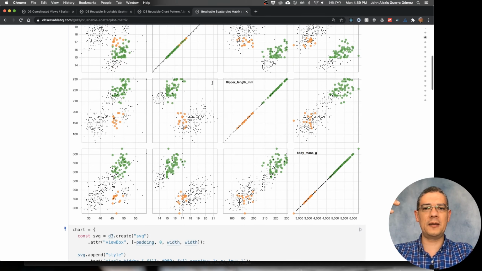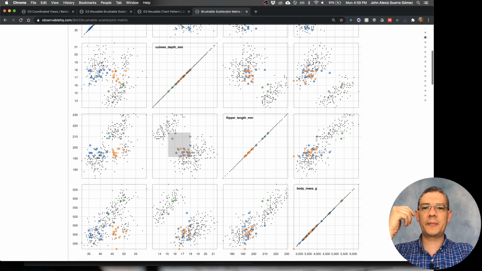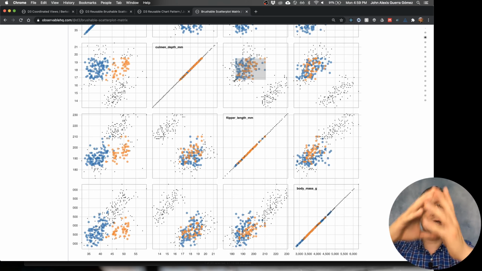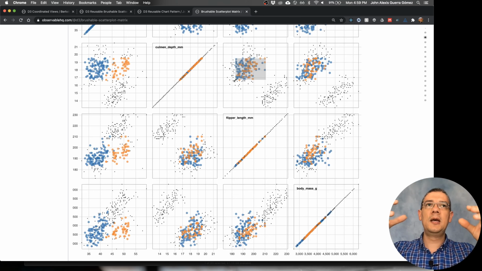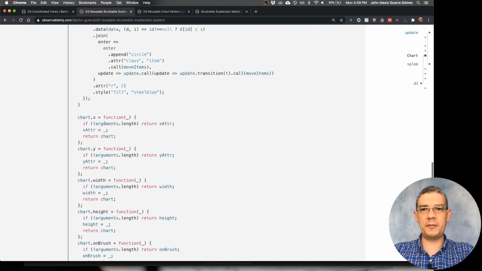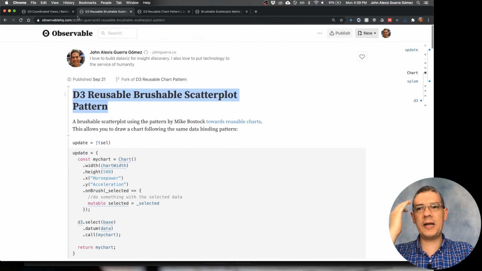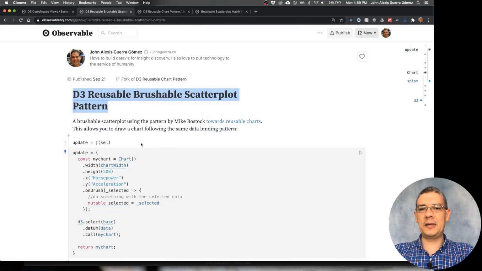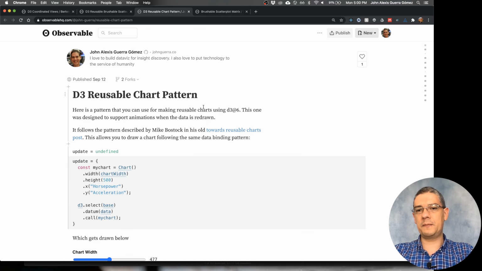The way Mike Bostock handled that is that every time he creates a new brush, he clears the previous brushes from everything else. And since he is doing that across one big chart, rather than several, it's easier to do. So all of those are considerations that you have to keep in mind when creating something like this. Now, if you want to see more details on how I added a brush to this reusable chart pattern,